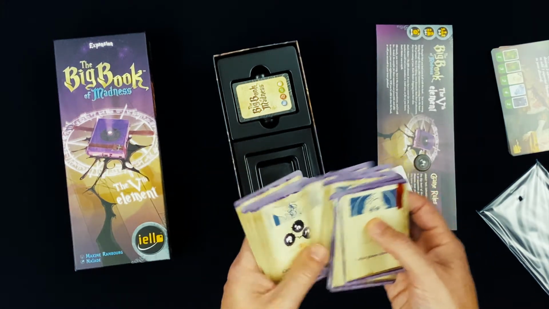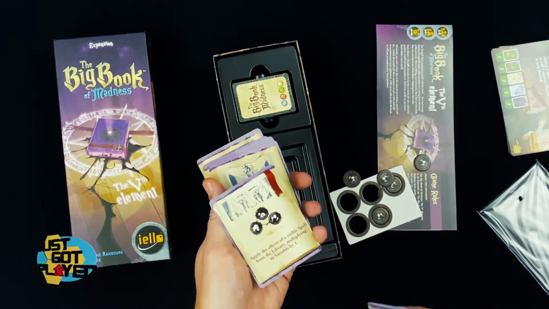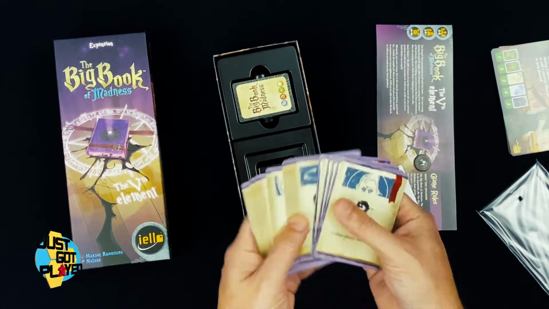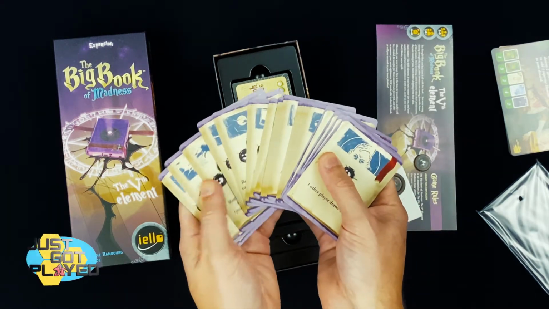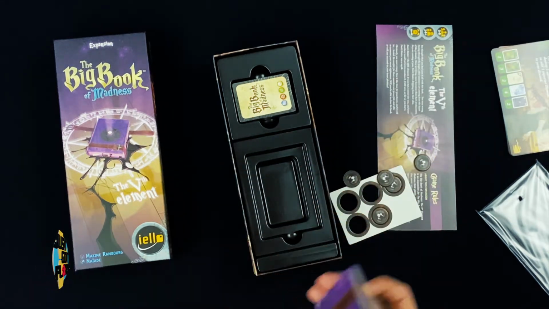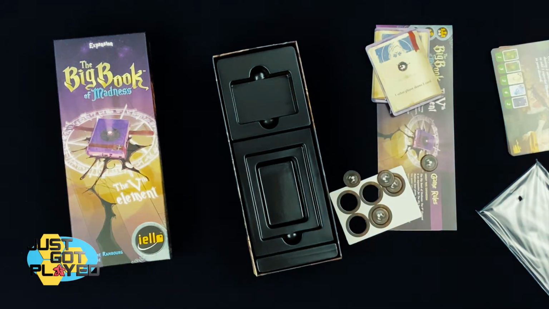So I imagine you're going to build a book so that as you go through the book, the spells keep getting more powerful and more powerful. But yeah, you've got a whole host of these new dark spell cards, which you use to create this dark spell book. And last, we have,